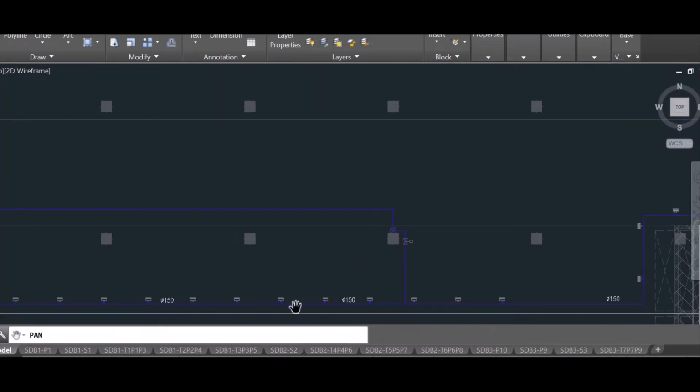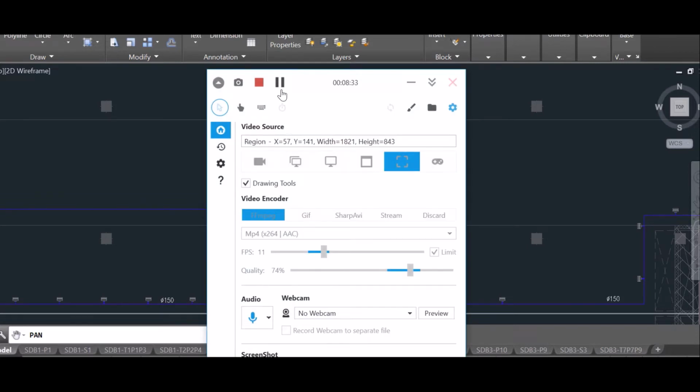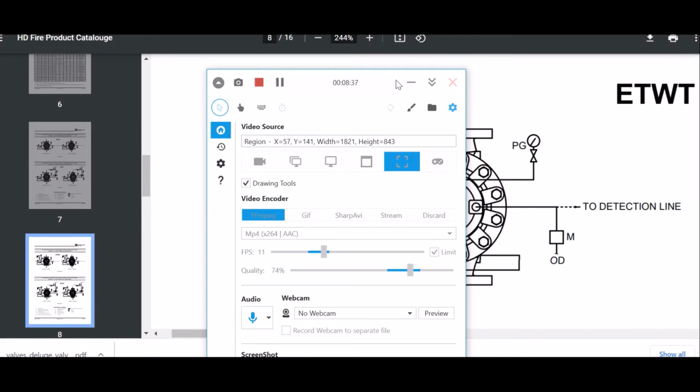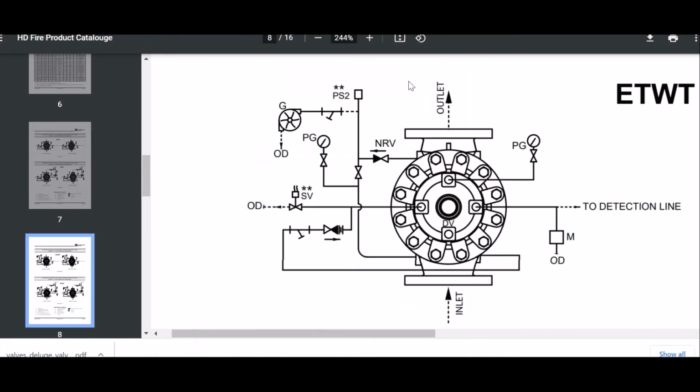So let's start with what the main components in a deluge valve are, so that will make it more clear how it works. In a deluge valve, different types of trims are used.